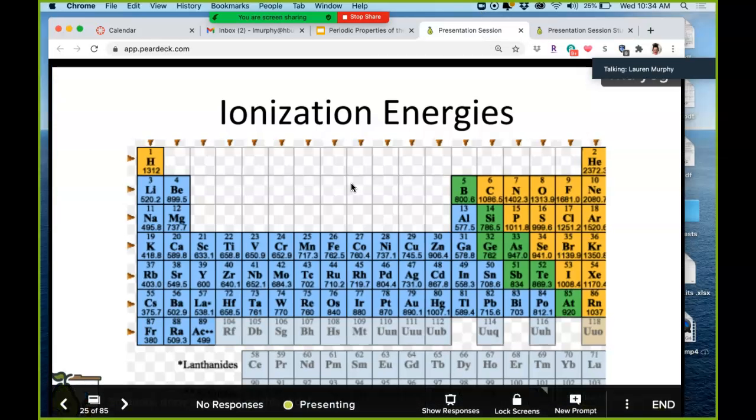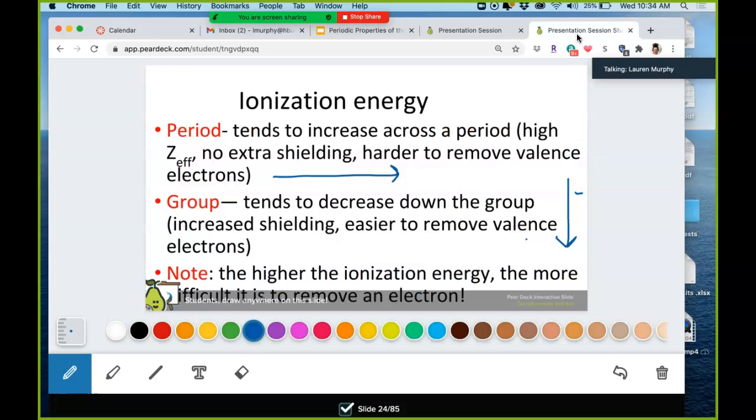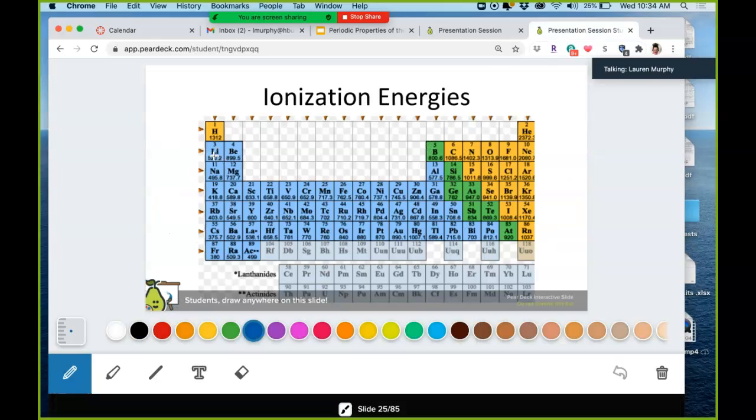So if you look on this table, these are actual ionization energies that were determined experimentally. I'll look at period 2. As you go across here, your atoms get smaller and smaller, and your ionization energies get bigger and bigger. It becomes more and more difficult to remove electrons that are getting closer and closer to the nucleus. Okay? Now, if you go down a group,